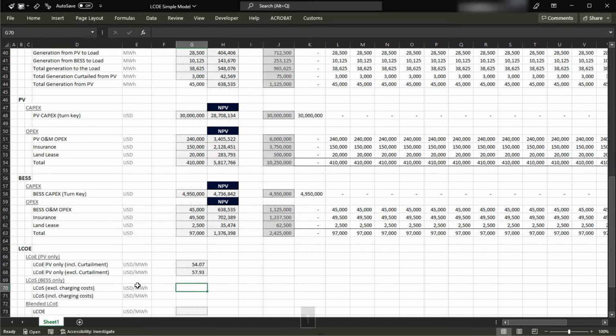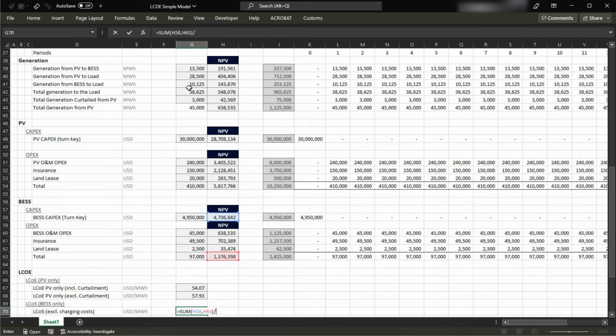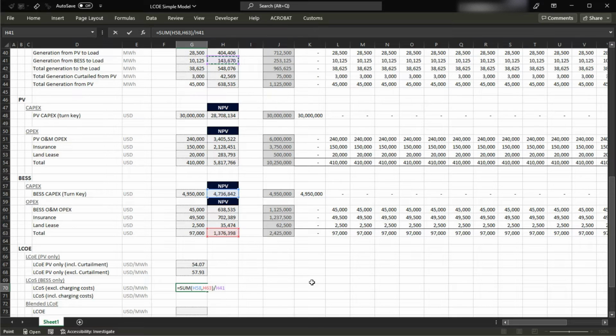The first one is pretty straightforward. It's very easy because it's basically the NPV of the capex and the NPV of the opex for the battery, divided by what? By the energy provided by the battery. So there's no charging cost we're assuming here, right? So how do we do it? It's going to be equal to the sum of all the battery costs, which is the capex and the opex, divided by the generation from the BESS to the load, which is this number here. So this is our number,